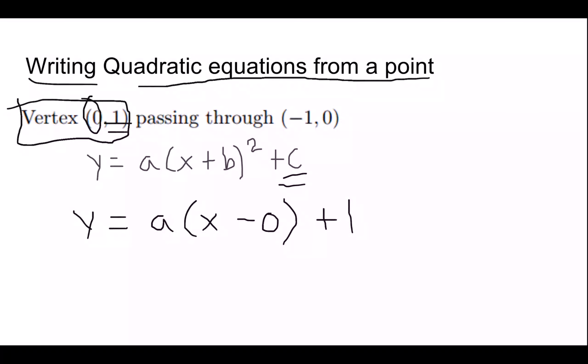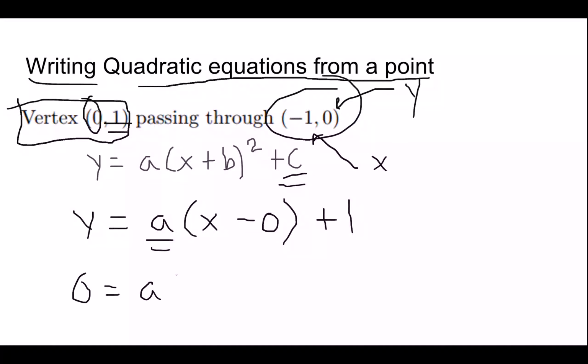Now we're going to find a. And here's how we're going to find a. We're going to use this point to solve for this a. Since this is a y value, and this is an x value, we're going to plug those things in. So my y equals 0, my x equals negative 1,